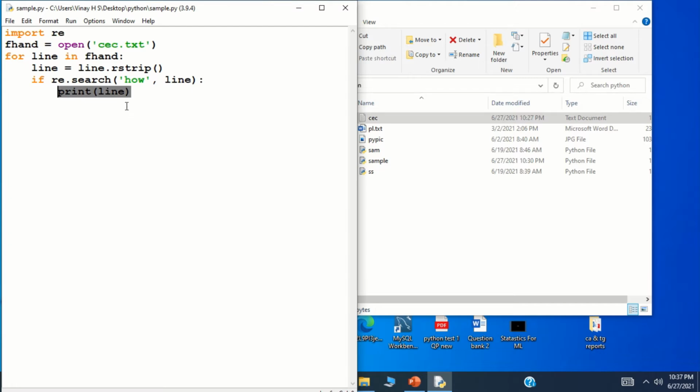So if you run this code, after the first iteration the Python interpreter will print the first line if the pattern is matched. So here the pattern is "how". Otherwise the interpreter is not going to print the first line. In the next iteration, if the pattern is matched, the interpreter will print the second line, otherwise it's not going to print the second line. So just to run this,